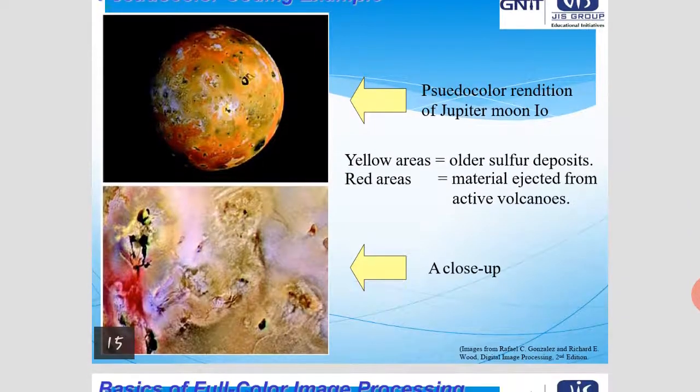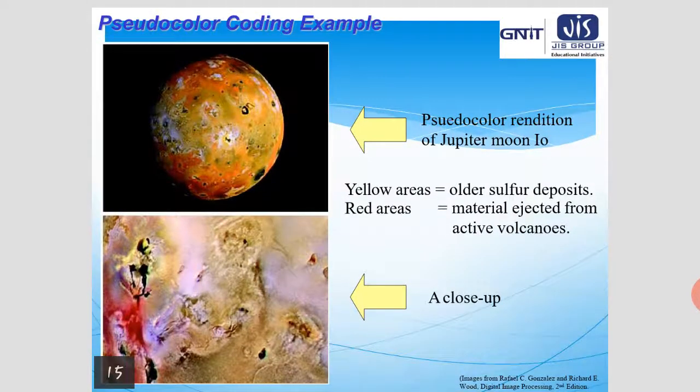Now this is another example of pseudo color coding. Here we can see the pseudo color radiation of Jupiter's moon. We have taken an example where yellow areas are older surface corresponding with sulfur, that means the yellow areas are older sulfur deposits, and the red areas are material